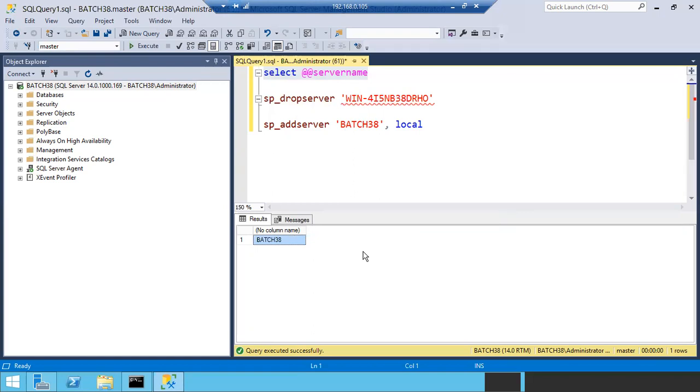Okay, not so regularly will we get this kind of issue. Again, very rarely. So you have to be aware of how to change the server name also. Yes, we can change the server name, but again, you cannot change it to some different name now. Once Windows people change the Windows machine name, then only we can simply update the new name.